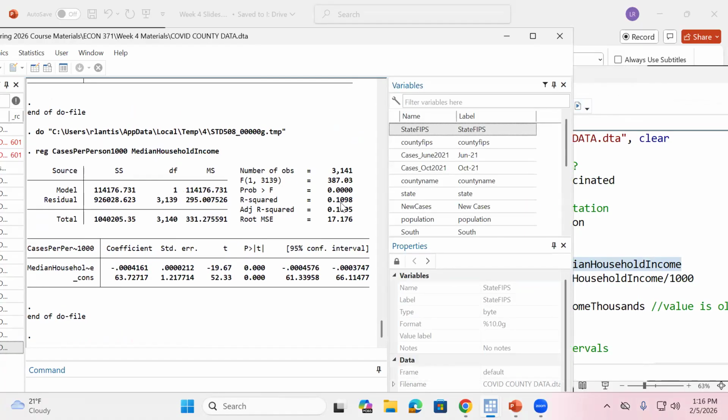Well, what percent of the variation in COVID cases was explained by household income? About 10%. So which one of those variables is a better predictor of the number of COVID cases? Well, which one is explaining more of the variation? Income. So here, if I'm trying to make predictions, which of my predictions are going to be more accurate? If I make them using household income in that county instead of the percent of the county that's vaccinated.